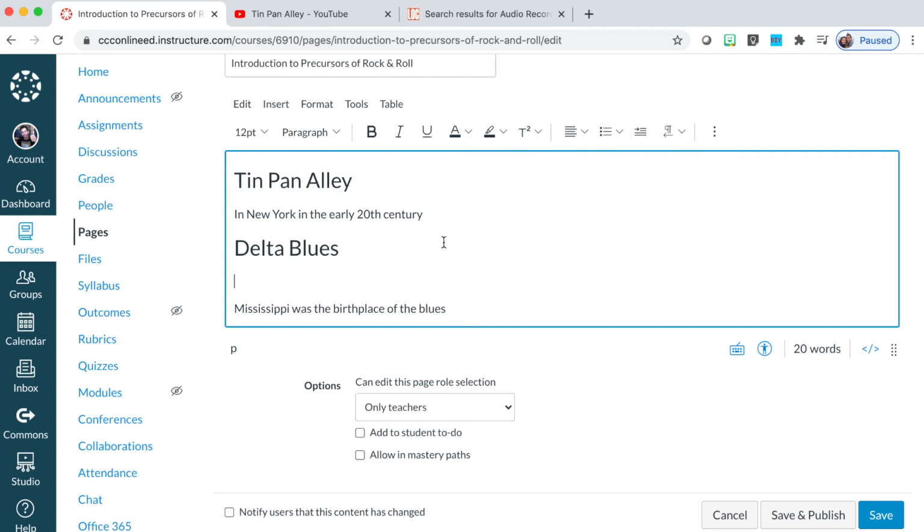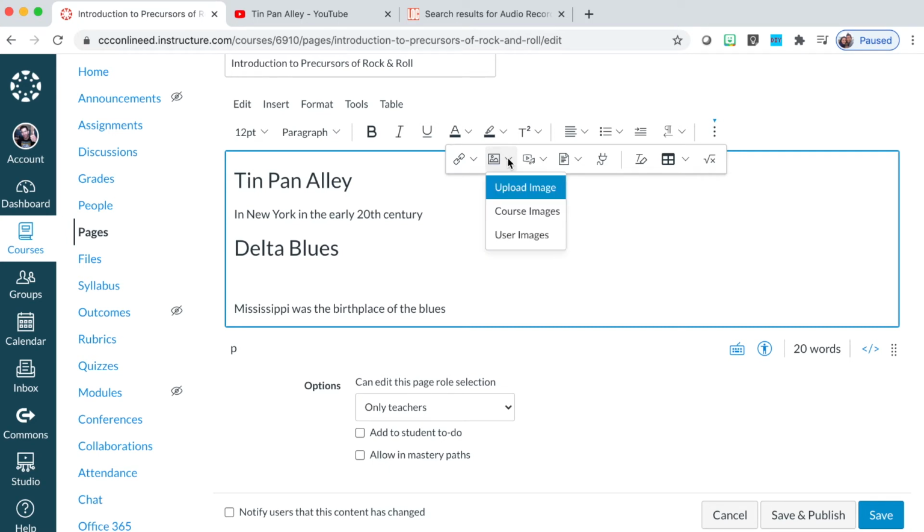Now I will go on the rich content editor and locate the image upload button. So I've located it. I'll go ahead and select the drop menu and then upload image. Now, if you already have images uploaded in your course, you will find them in course images.